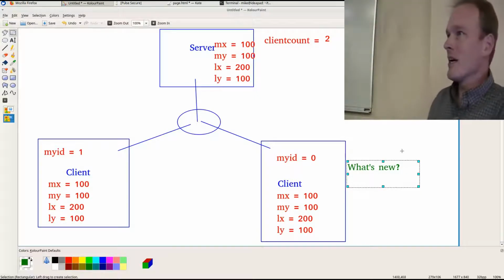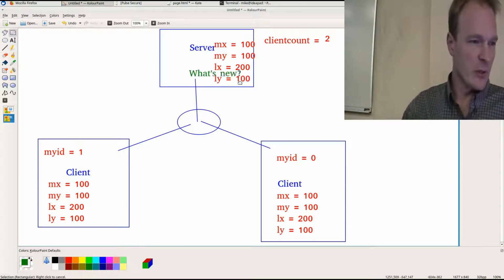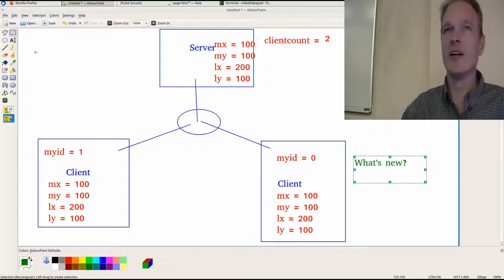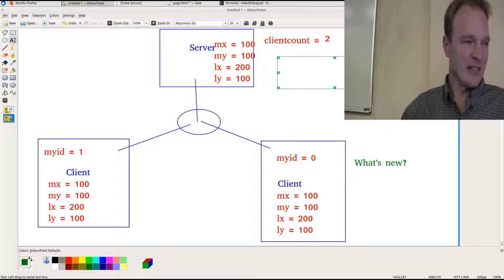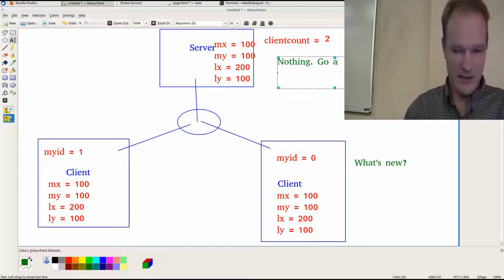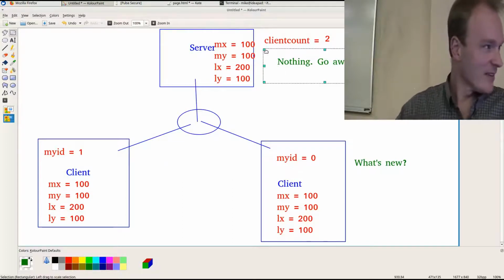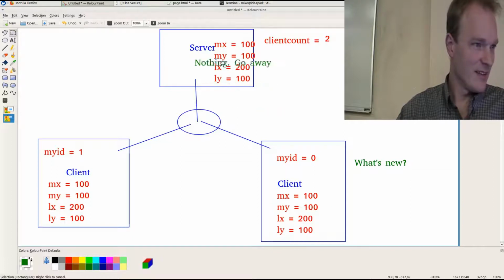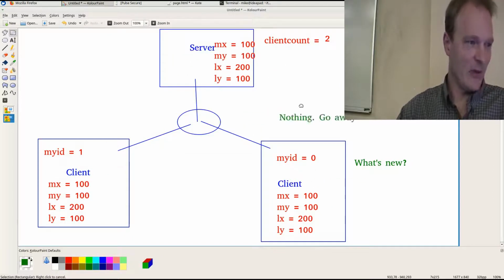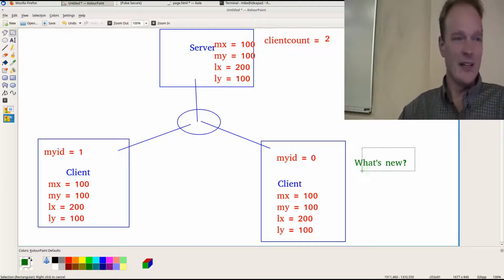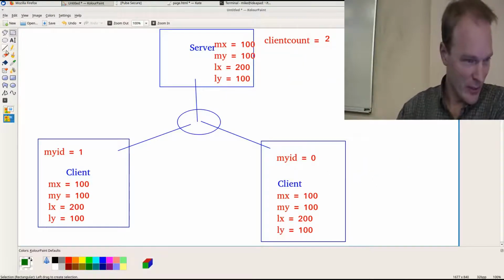So inside of my update method, I'm going to basically contact the server saying, what's new, what's new, what's new, what's new? And the server will keep responding, nothing, go away. Nothing, go away, nothing, go away, until that fateful moment when